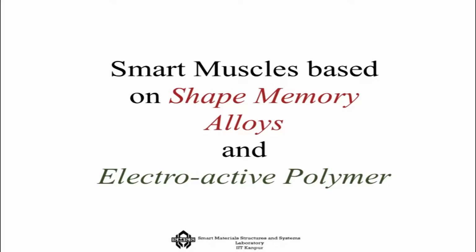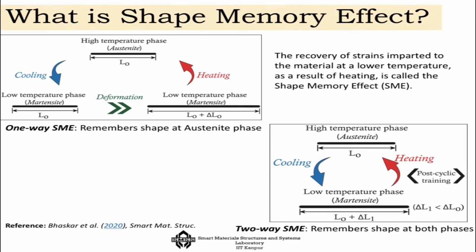Now, one of the artificial muscle categories is metallic alloys, popularly known as shape memory alloys. So let us have a look into how these shape memory alloys behave, how we can use them in terms of actuations, and in some cases as sensors as well. Let us look into the nitty-gritties of shape memory material. We will look into the smart materials based on shape memory alloys and electroactive polymers, and today we will specifically focus on shape memory alloys.